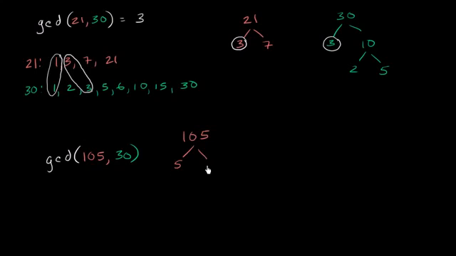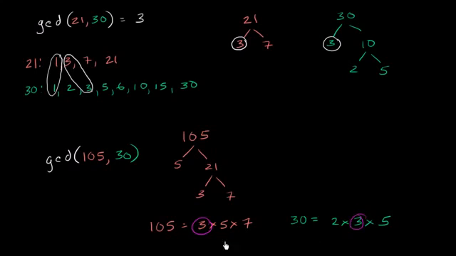So it's 5 times 21, and 21 is 3 times 7. So the prime factorization of 105, if I write them in increasing order, is 3 times 5 times 7. The prime factorization of 30 we already figured out is 2 times 3 times 5. So what's the most number of prime factors that they have in common? Well, these two both have a 3, and they both have a 5. So the greatest common factor